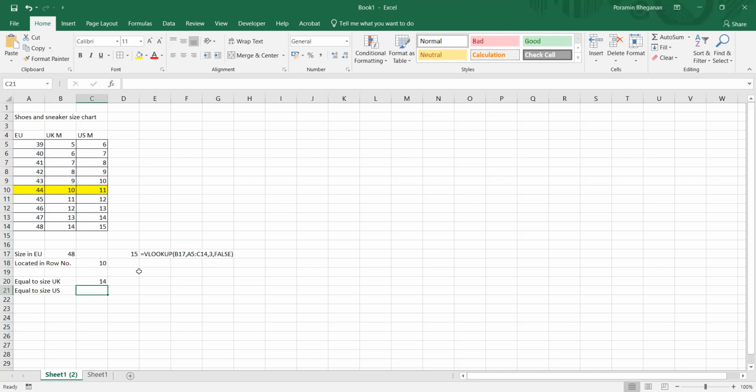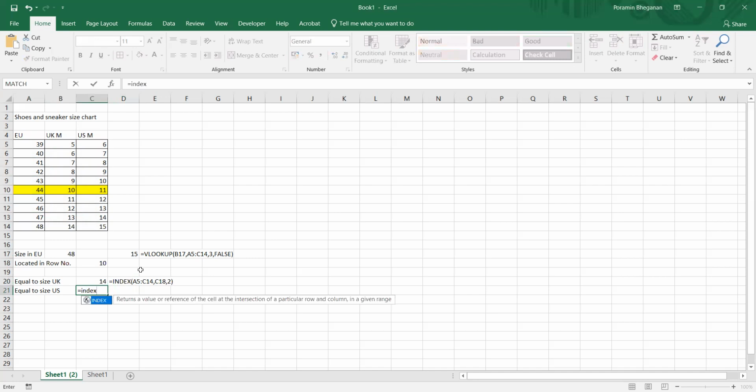In this one, when we have to find the size in US by using the index function, we do a similar thing as we did with the size in UK. So we use the index function, followed by the array, which means a whole table, comma, row number. We use the location in the row number from the